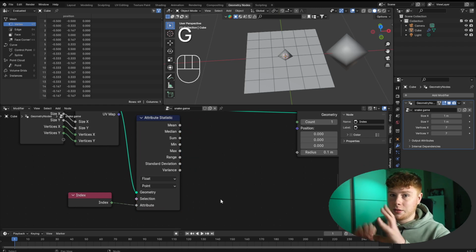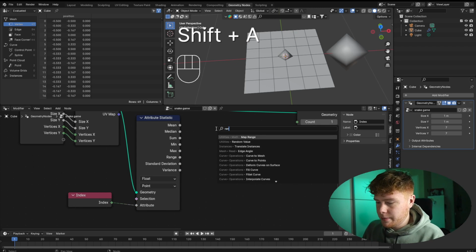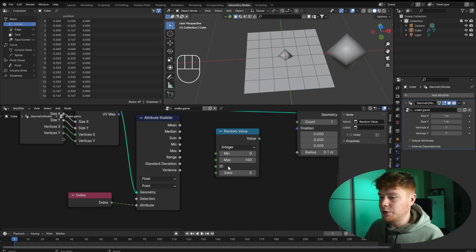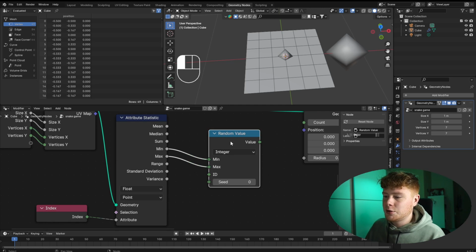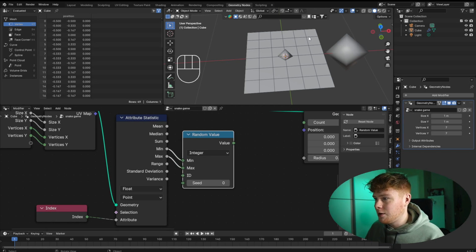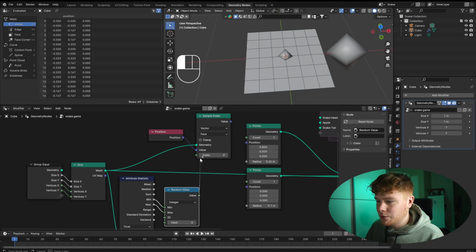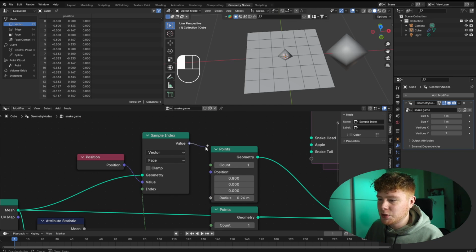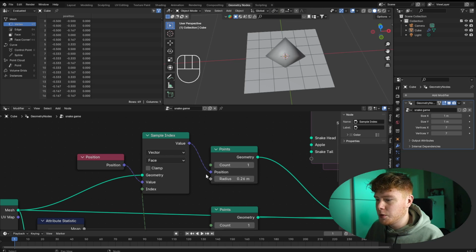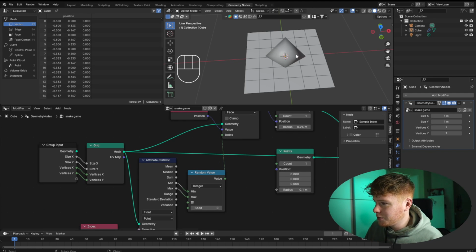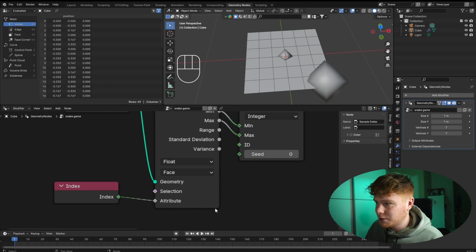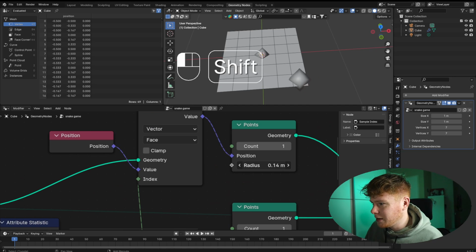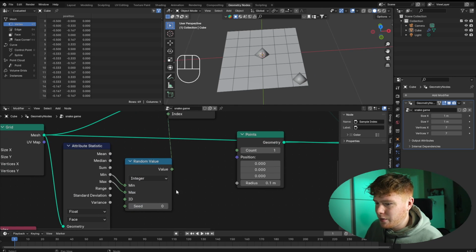And now to select one randomly, we can use a random value node, which we set to integer because the index value is an integer value and not a float value. And let's set the min like this and the max like that. And now we're choosing a random value between all these faces. And this we can connect with the index like this. And then this is the position of a random face, which we connect with the points node. This doesn't work yet because it now goes exactly in the middle. That's because in the attribute statistic, we should set it from point to face. And now if we make the radius a bit lower, maybe, you see you can get